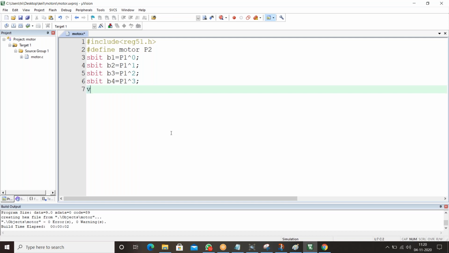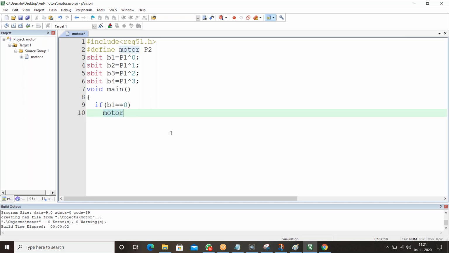And open the main function. So what's my first point? If I click button 1, first case should be implemented, right? If button 1 is equal to 0, then what should happen?